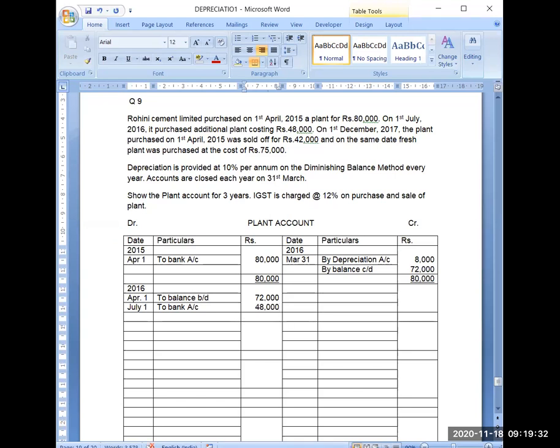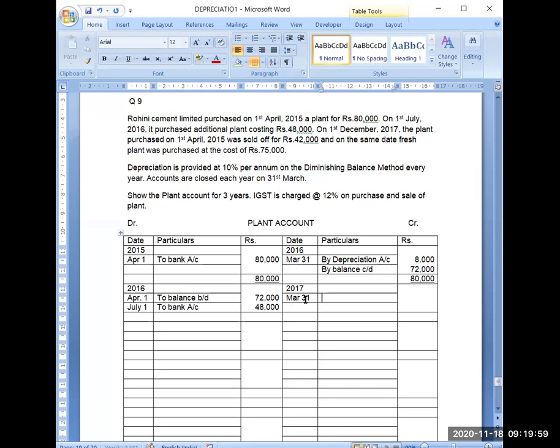So now we have two plants on 1st December 2017. Now this date will be just after 31st March 2017. So obviously this is not a transaction of this current year 16-17. It will be recorded in the next year. So there is again no more transaction in this year. We will again reach 2017 March 31st